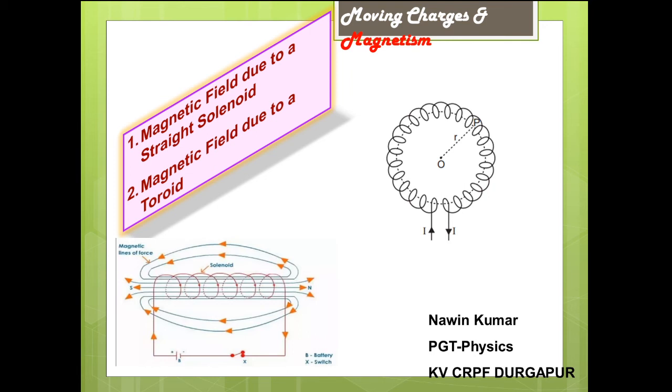The television uses the solenoid to generate magnetic field. The synchrotron uses a combination of both solenoid and toroid to generate the high magnetic field required. We will see in this section how the Ampere circuital law can be used to find the magnetic field due to a current carrying solenoid and a current carrying toroid.